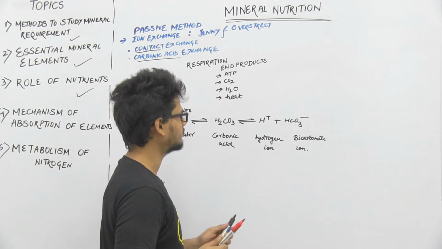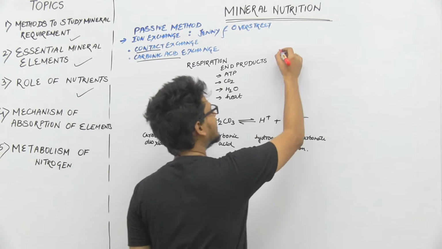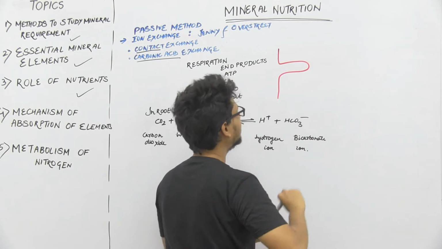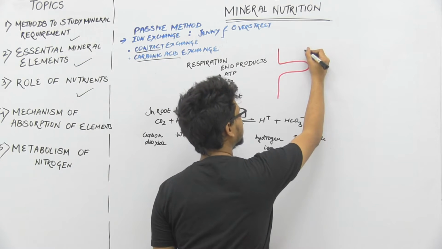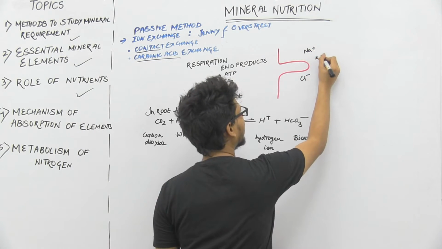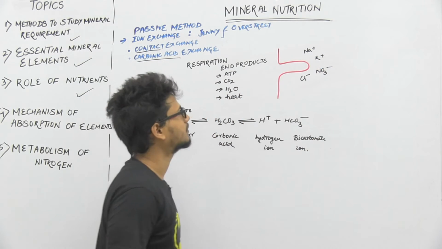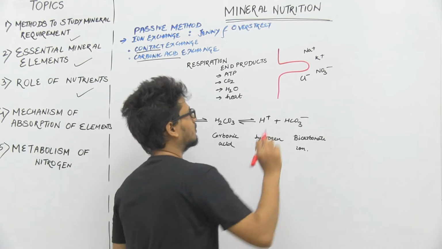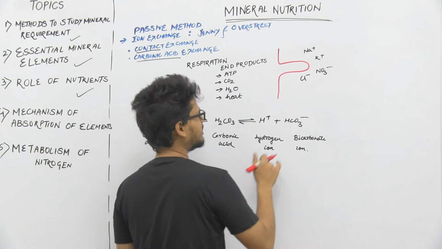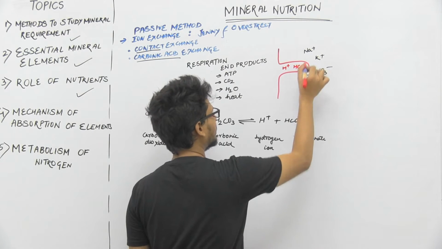So what will the root hairs do? How will they utilize this method? Again, same method. You have a root hair and you have surrounding, let's say, Na plus, Cl minus, K plus, NO3 minus. Okay. And inside the root hair cell, because after respiration you will have H plus and HCO3 minus